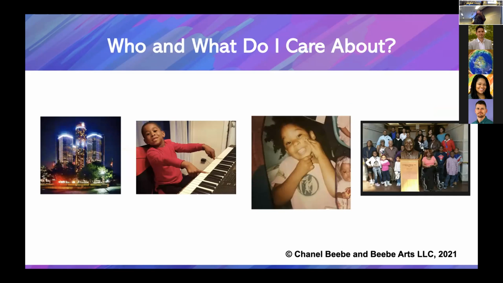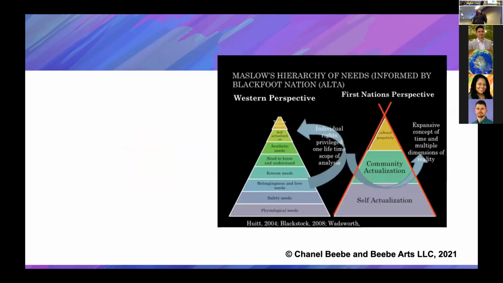I care about my grandmother, I care about my little brother, I care about people that normally in these settings you don't really ask about. You don't look for them, they're often just given things, not really asked about what they need. And if that's what I care about, then I start thinking about the hierarchy of needs, like he was just